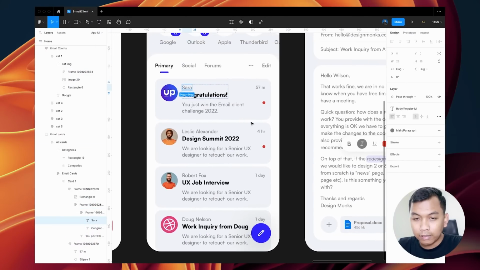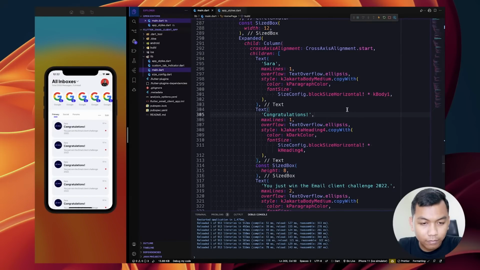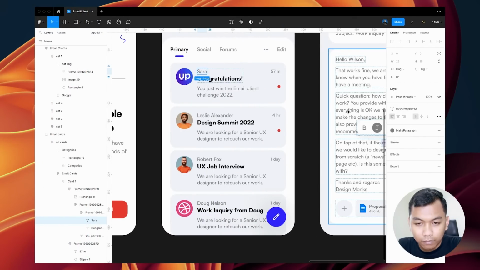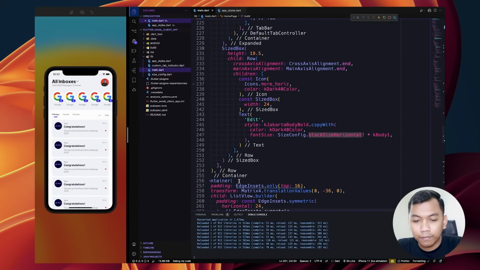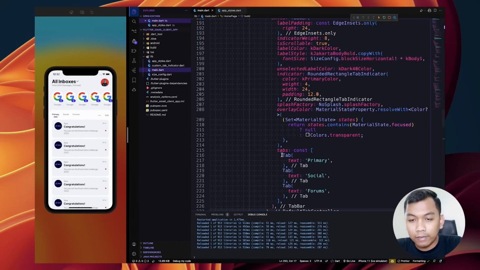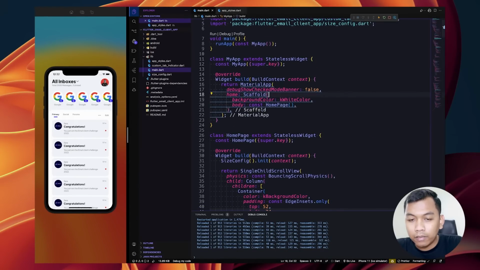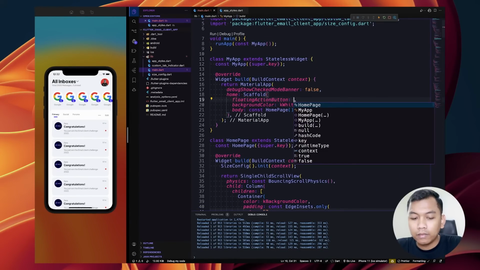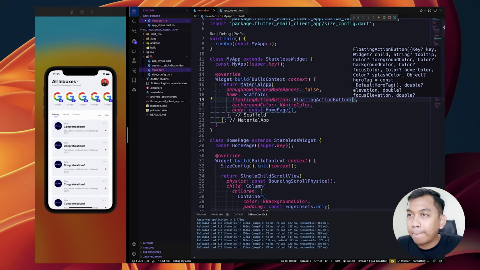So the last but not least, we need to add this floating action button. Alright, so let's go to the top, which is in the Scaffold widget. Here we will add a FloatingActionButton. The required property is onPressed.